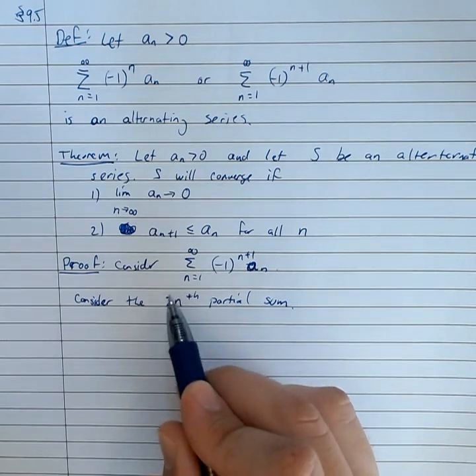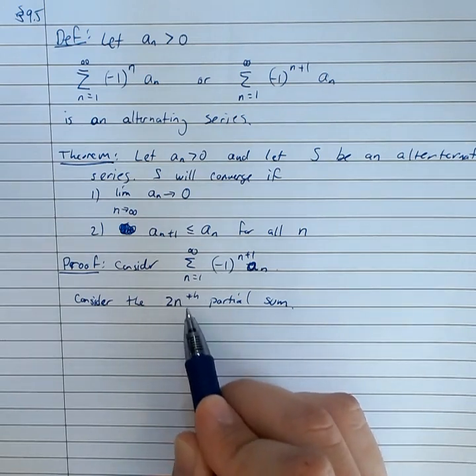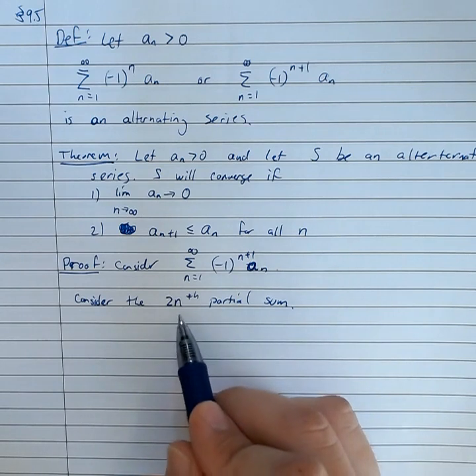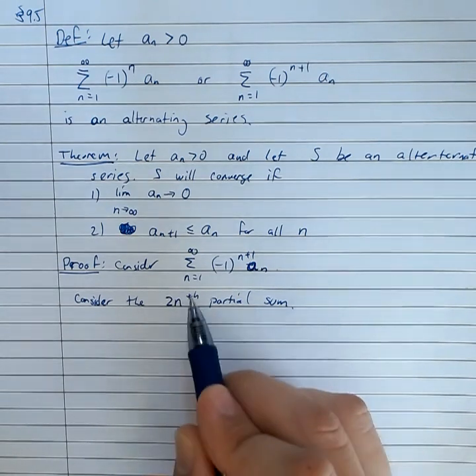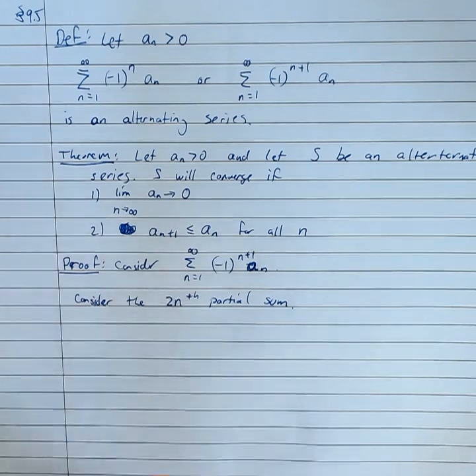Now, you'll remember from a previous section, 2n is just a generic way of writing an even number. So here we're saying consider a partial sum. We don't care which one you consider, but just make sure it's an even one. Okay? So if you consider the 2nth partial sum of this alternating series, we can go ahead and write it